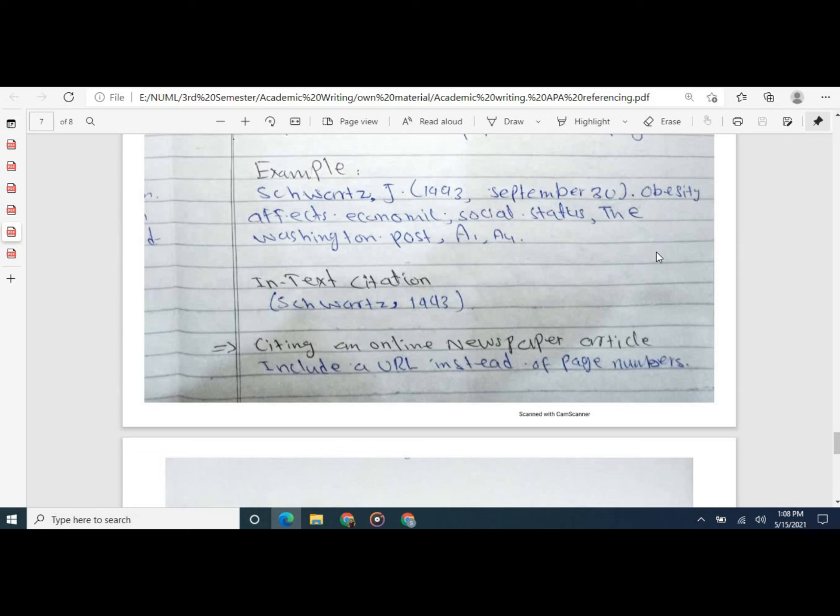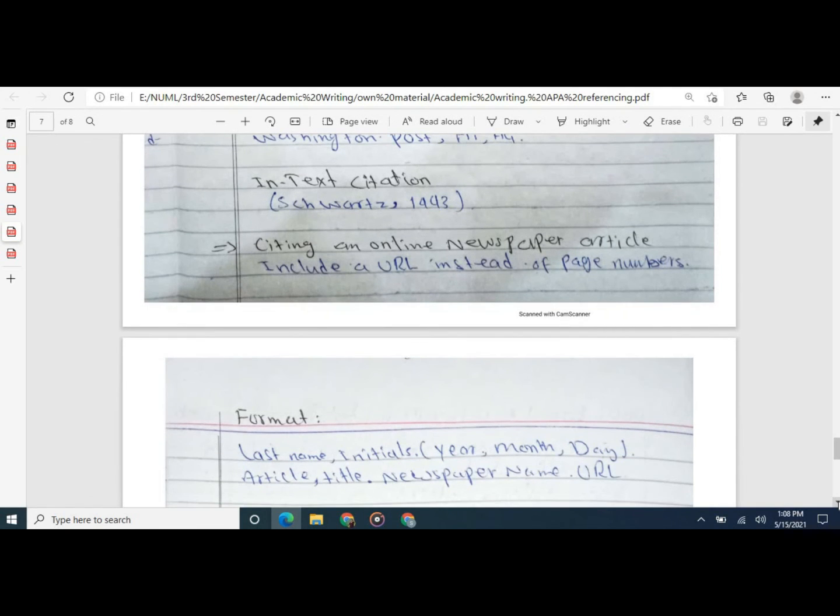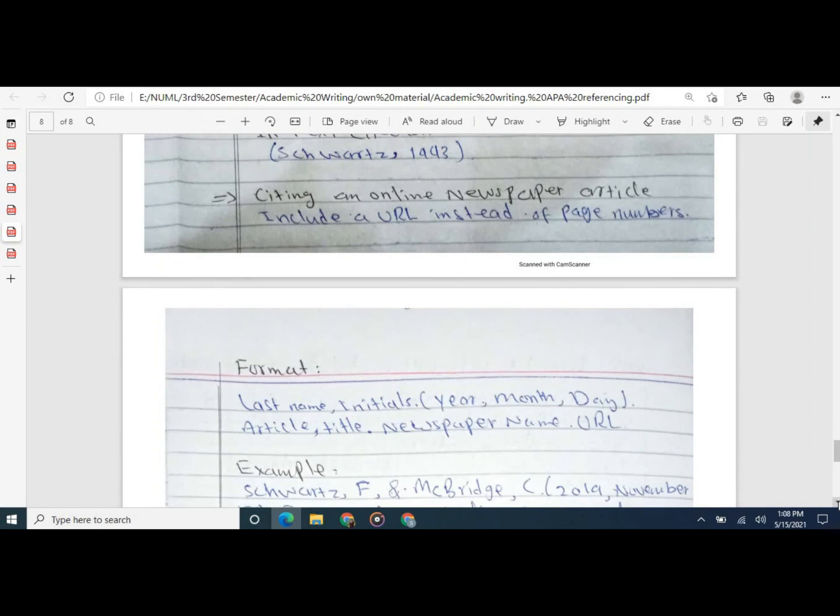For example, Squads, J., 1993, September 30, Obesity affects economic social status, and the publisher is Washington Post, pages A1, A4. And then the in-text citation inside parentheses, Squads,